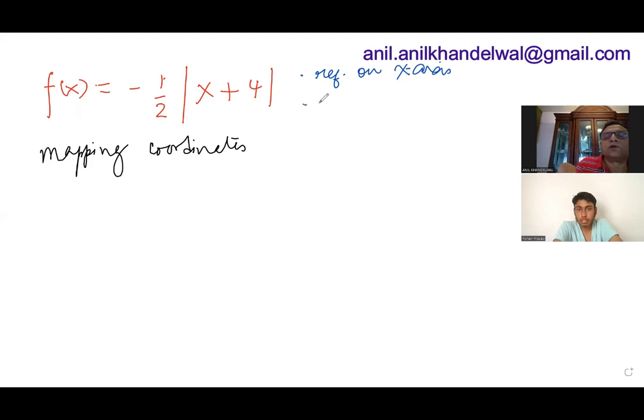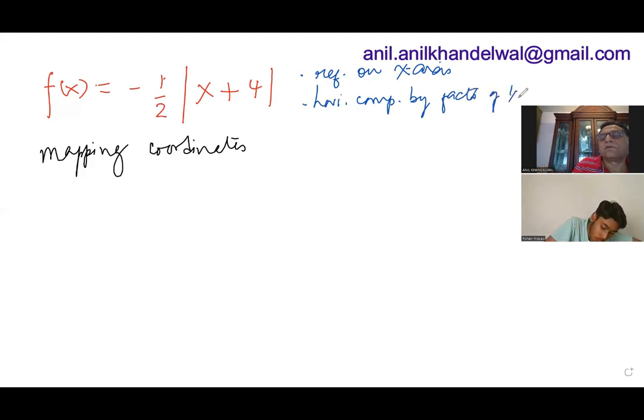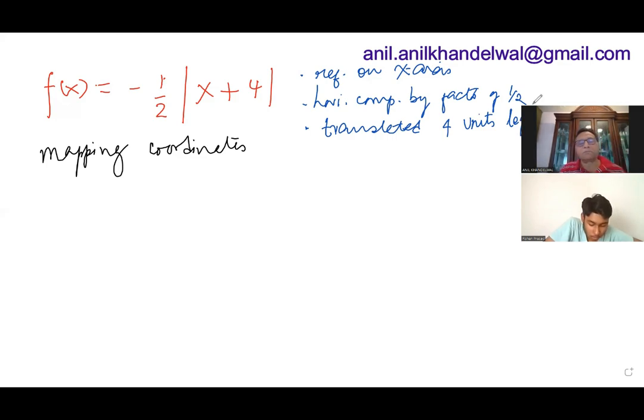Reflected on x-axis, compressed by a factor of half, and translated four units left. Perfect. So if I write the coordinate points, if I draw a mapping of the coordinate points with absolute value of x